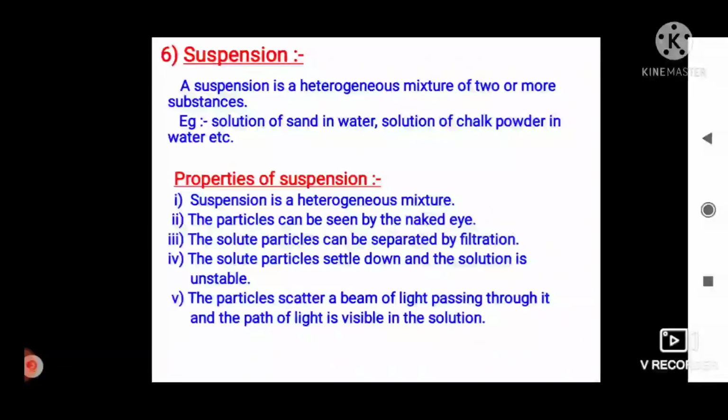And also we had done an experiment. Do you remember that when wheat flour is added to water, it disperses in the liquid. It does not dissolve. So wheat flour in water is a suspension. We have studied that substances which are soluble in water form solutions, but those substances which are insoluble in water form suspension. Then what is called suspension?